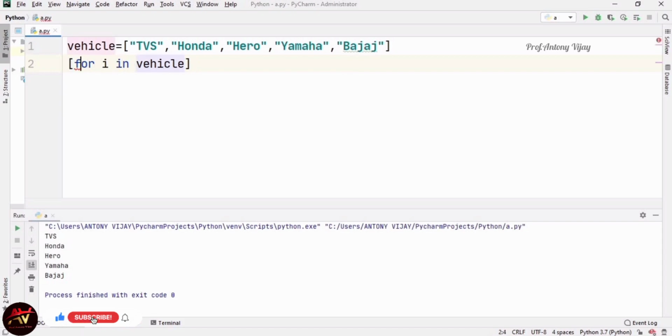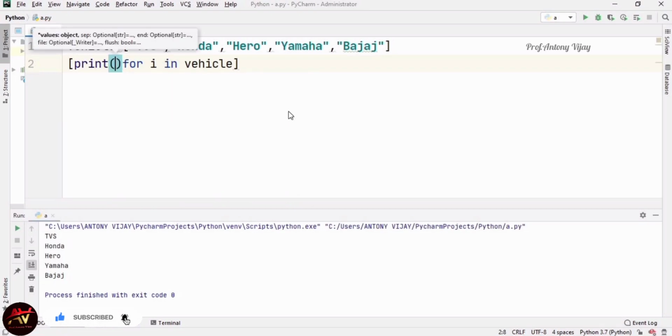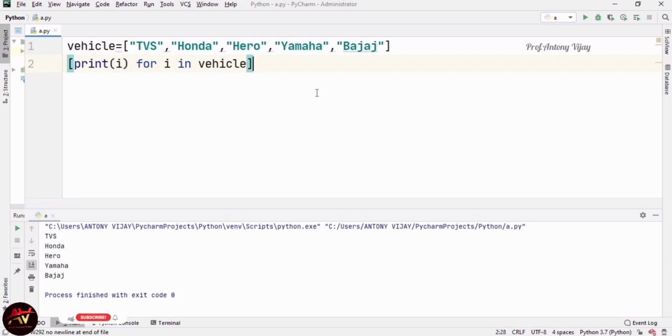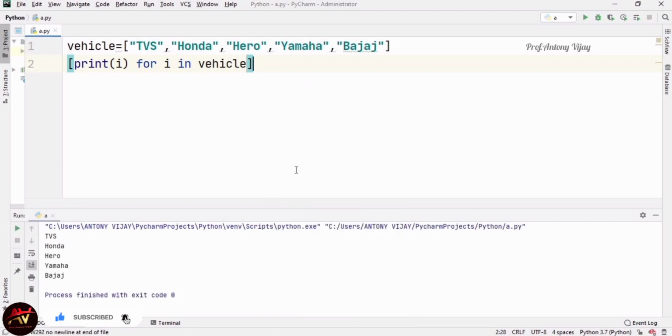Before the for loop we have to mention print of I, then one space in between, that's all. So here we are reducing the lines. Previously we mentioned 2 lines, now we are mentioning only 1 line. Just run the code, we will get the same result. So this is what list comprehension is. Instead of 2 lines we are reducing it into a single line.